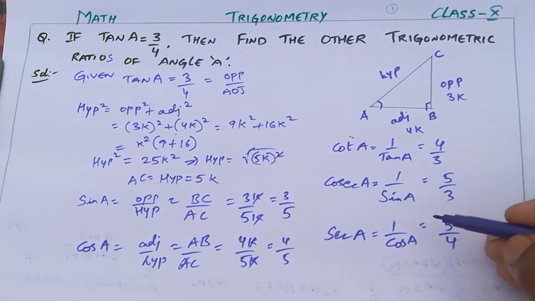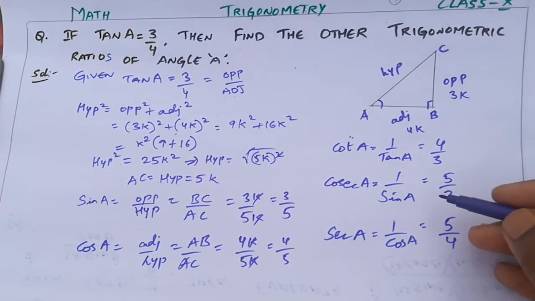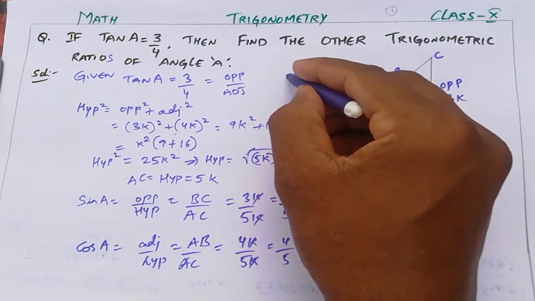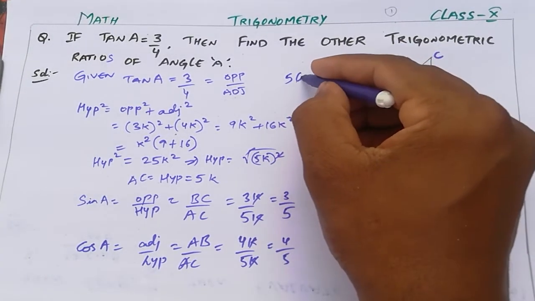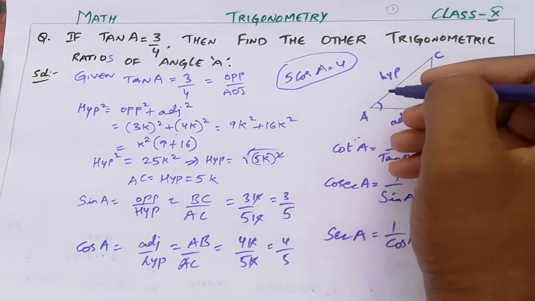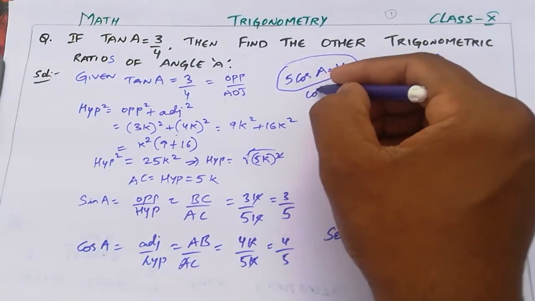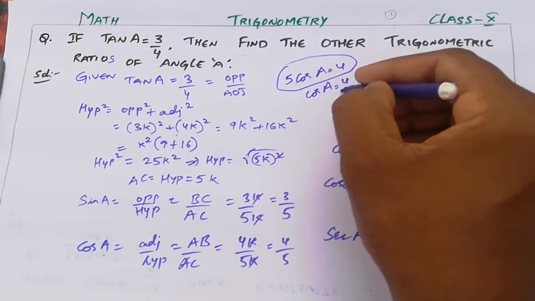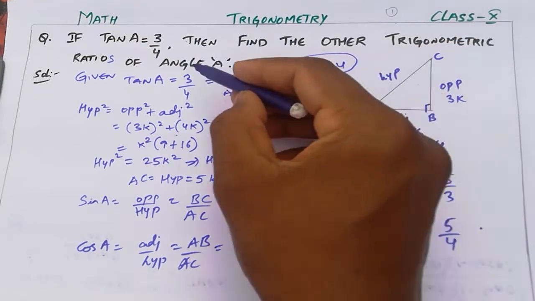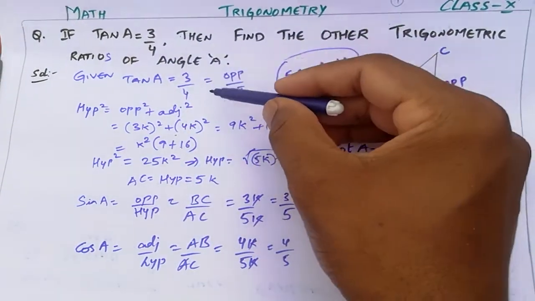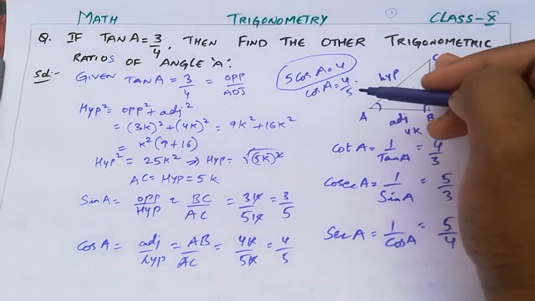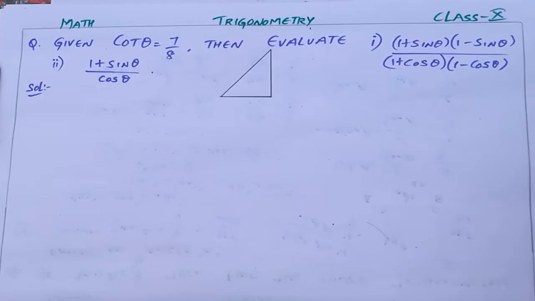I hope you understood. So in this way we need to find out the trigonometric ratios. Suppose sometimes the question may ask like this: 5 cos A equal to 4. If 5 cos A equal to 4, he will ask to find the remaining values. So we need to convert this: cos A equal to 4 by 5. 5 brings down, and this becomes cos A equal to 4 by 5, which is similar to the tan A equal to 3 by 4 case. In the same way we need to find these values for this question. I hope you understood. Let's see the next problem.